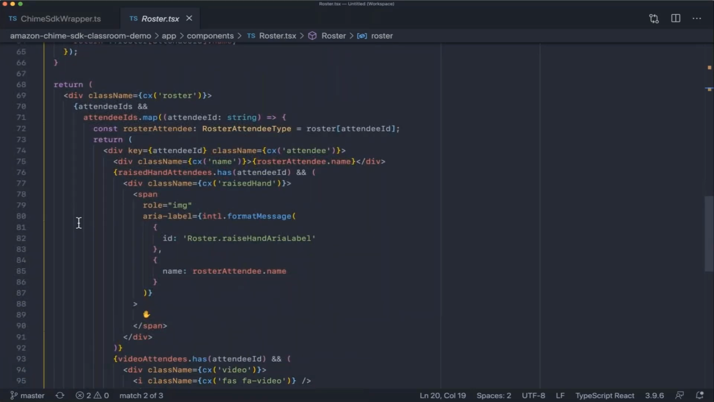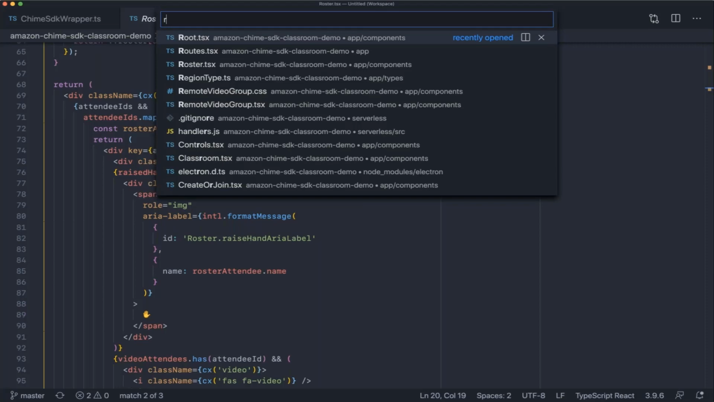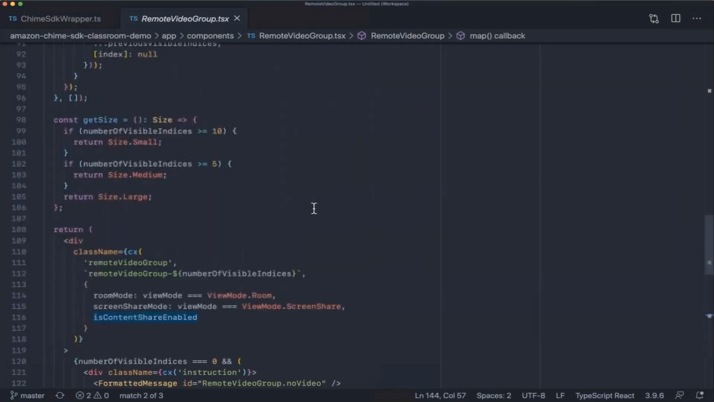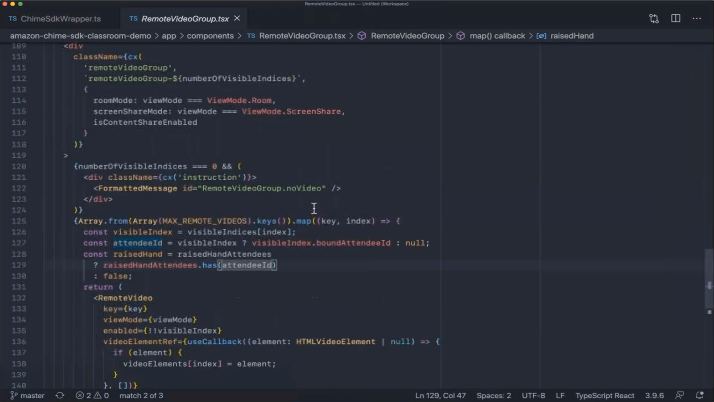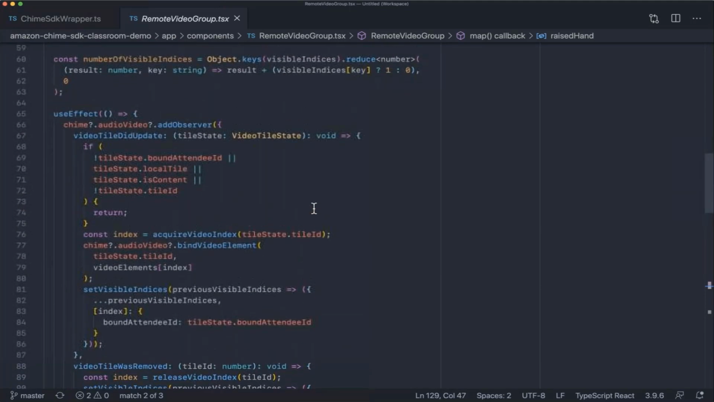The last thing I want to show you today, two things really. One is grid views and the other is the screen share picker. So one of the really tricky things about building a video conferencing app is that the layout gets quite complicated. And so if we take a look at remote video group, you'll see this is actually just 150 lines of code, which displays up to 16 video tiles with and without content share